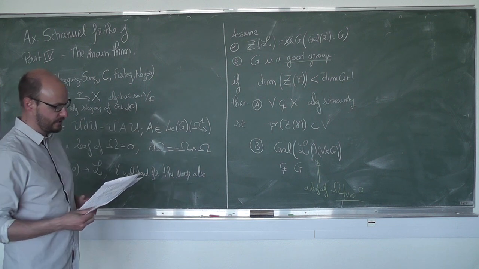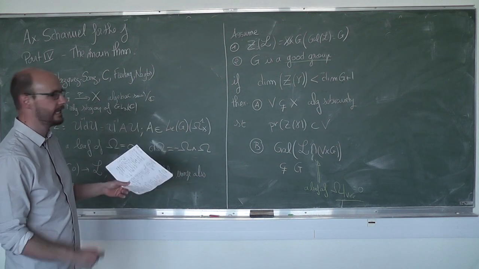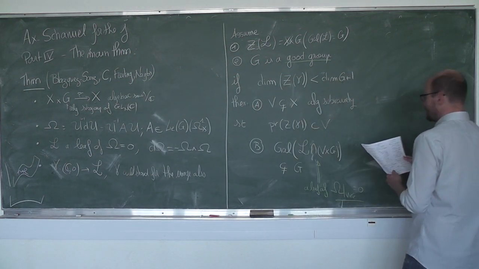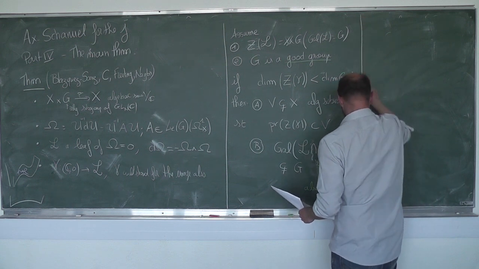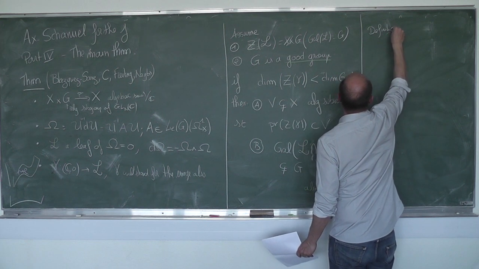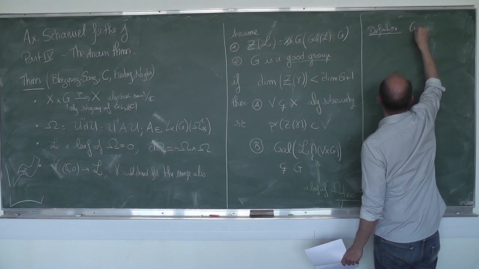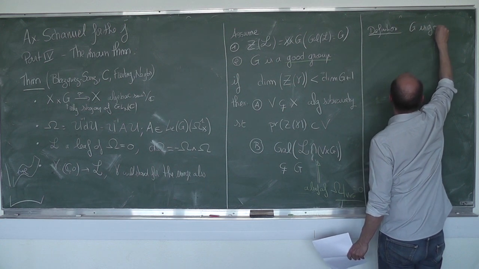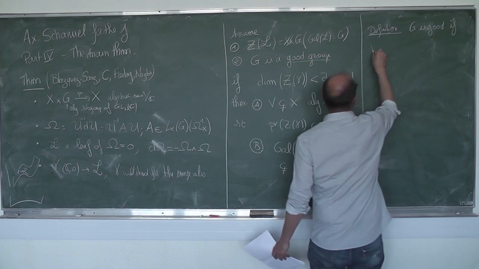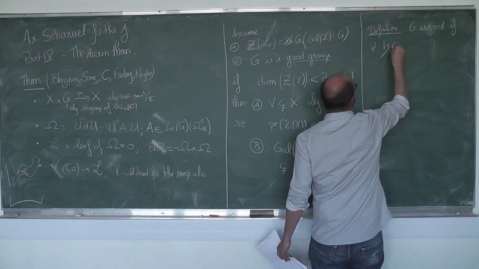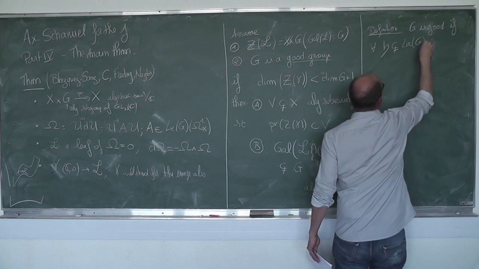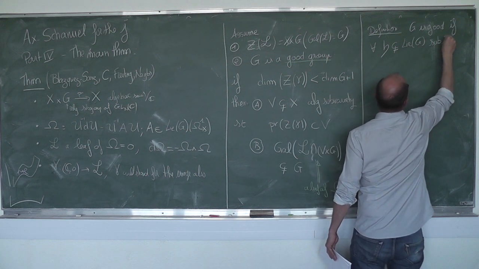Okay, so I will give there the definition and example of what is a good group, and then some comment about this statement just before the proof. So, the definition. G is a good group if each time you take a sub-Lie algebra of the Lie algebra of G, sub-Lie algebra,